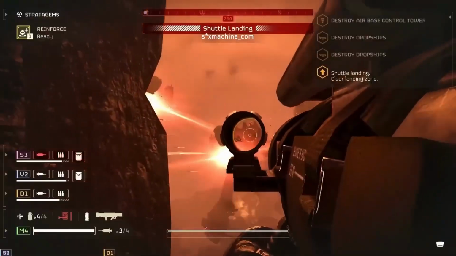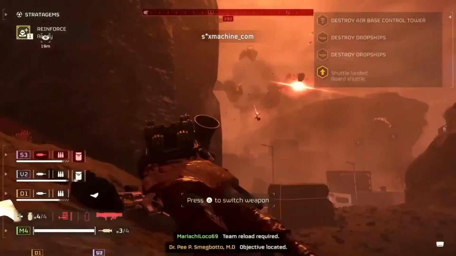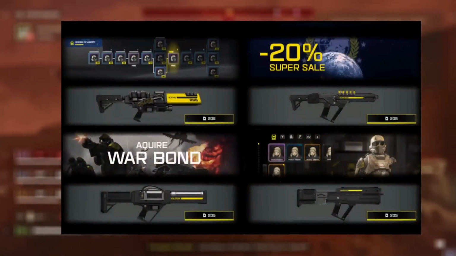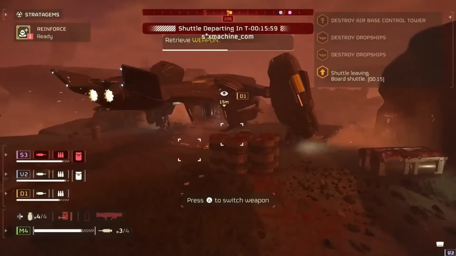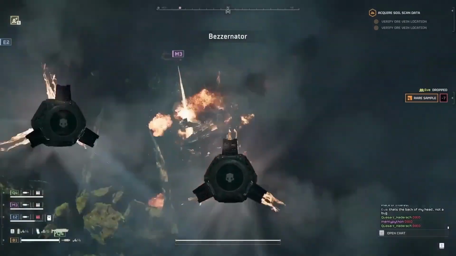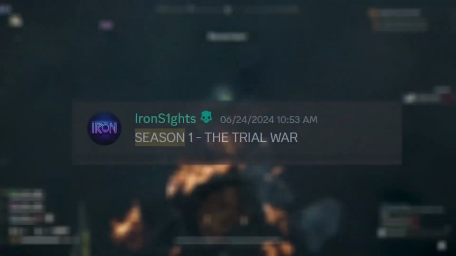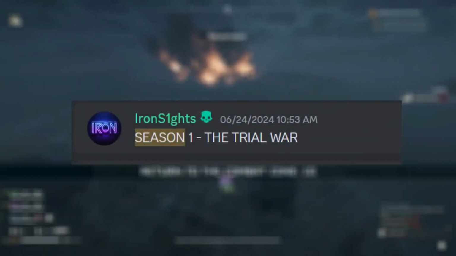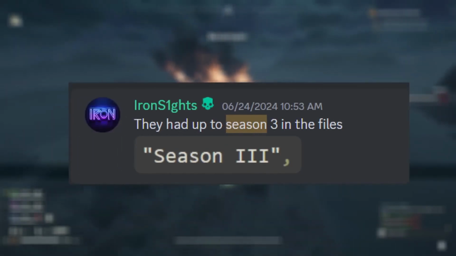In fact, there was a post that showed some images where you could buy some weapons specifically with super credits. There were super sales, there were different armor rarities and recolors. Now obviously this was not the route they decided to go. That being said, Ironsight gave us some pretty interesting information, such as that season 1 was called the Trial War, and that there was up to 3 seasons worth of content stored in the game files,